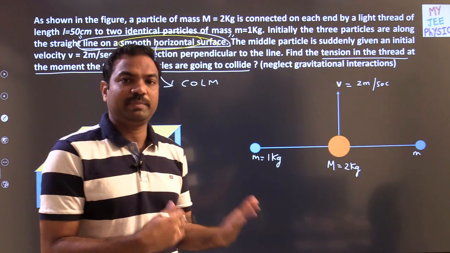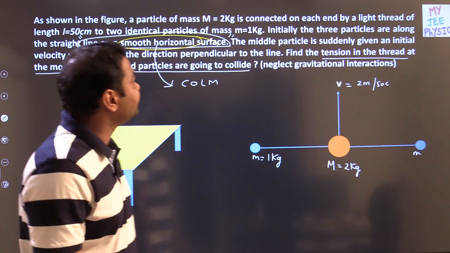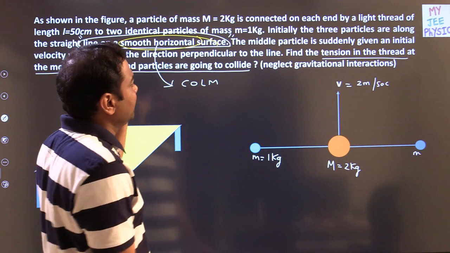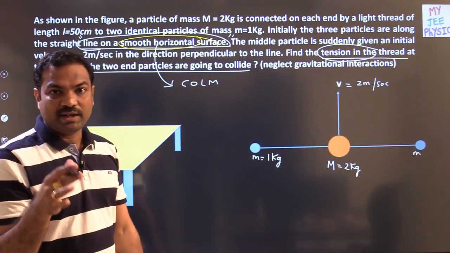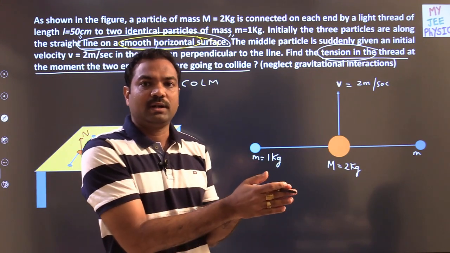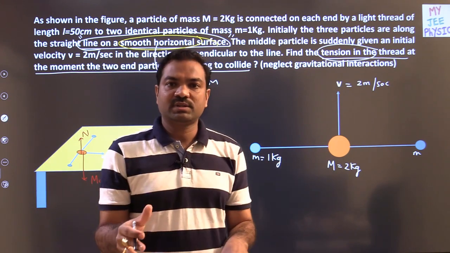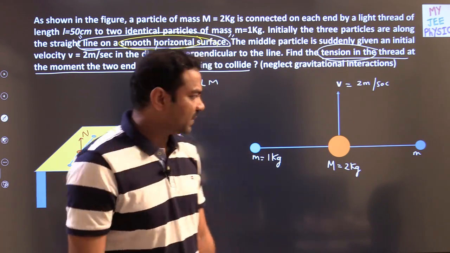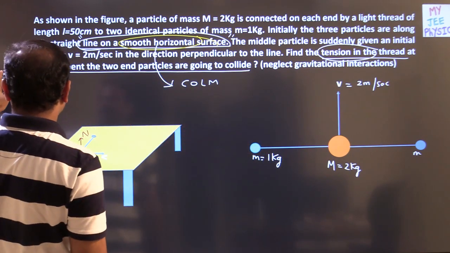You have to prepare in this way so that you can approach the questions and finally solve them. What is the next statement? Initially perpendicular velocity is given. Finally, the tension value we have to find out. Ultimately we have to find out a force, so the force method is the best one: I'll write down all the forces and go for net force equals mass into acceleration. So this is the question overview. Now let us go to solving the question.